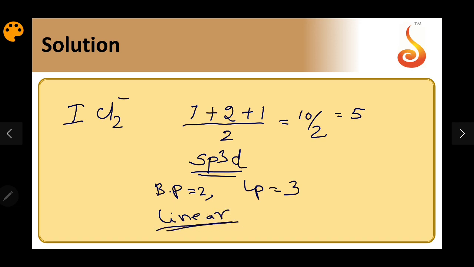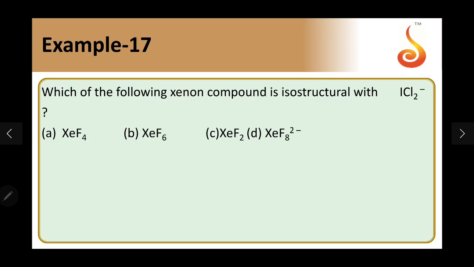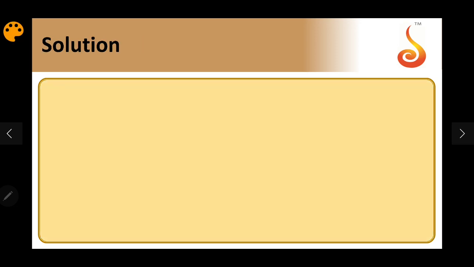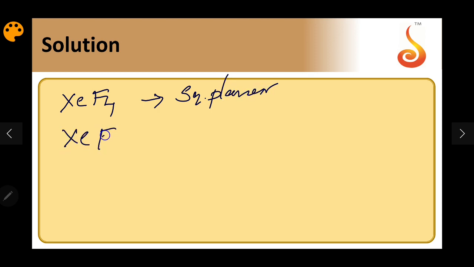ICl2 minus is linear. So now the given question is, which of the following compounds of xenon is also linear? So if I take XeF4, XeF6, XeF8 and XeF2. Linear means it has to be XeF2. Because only 2 atoms are there in XeF2. XeF4 is square planar, XeF4 is square planar, XeF6 is a distorted octahedron,